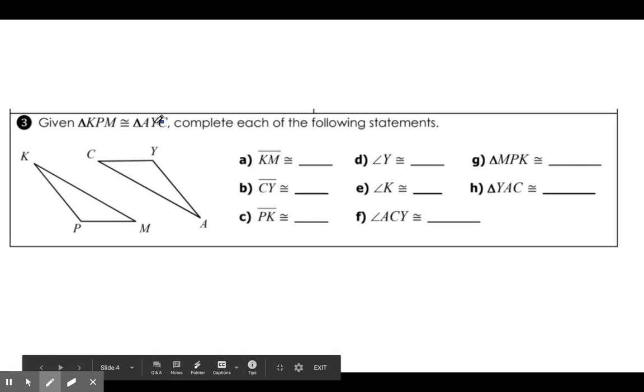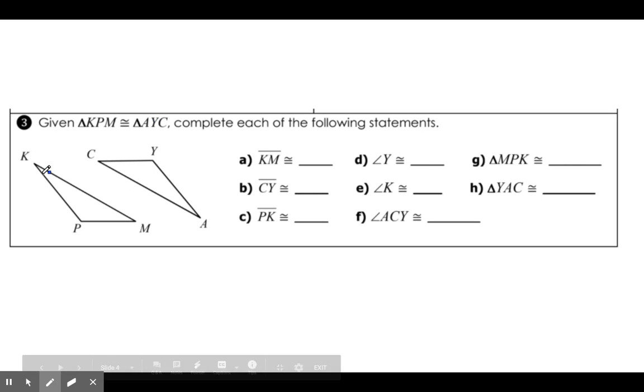So K corresponds to A. So angle K corresponds to angle A. P and Y correspond. And then M and C. All right, so we're able to label the angles that correspond, and now we're going to label the sides that